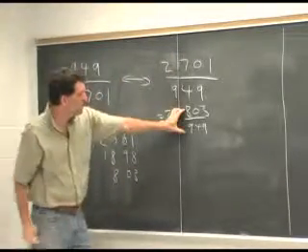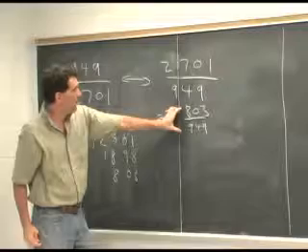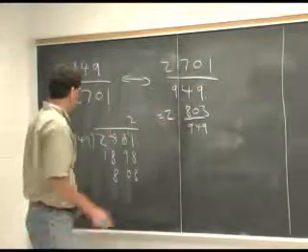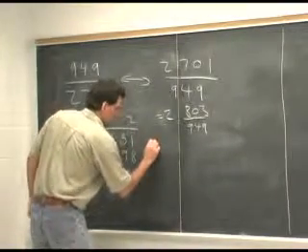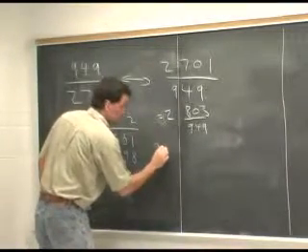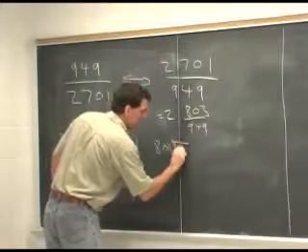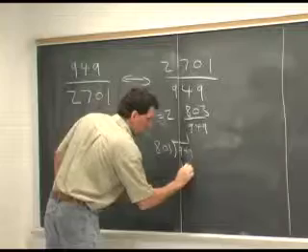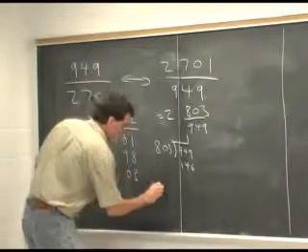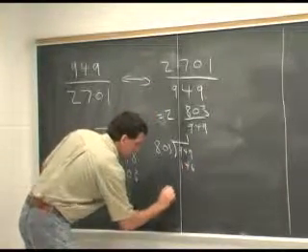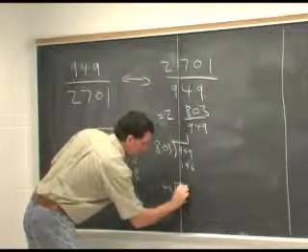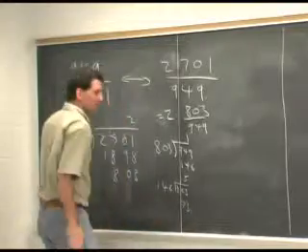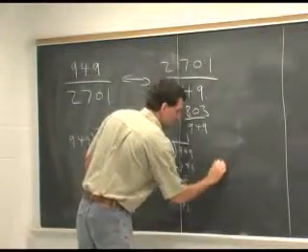Well, now we can do the same trick to reduce 803 over 949. We just swing it upside down and then divide. So then the arithmetic here is a little boring, so I'll do it a little quickly. 803 goes into 949 once with a remainder of 146. And then 146 goes into 803 5 times with a remainder of 73. And 73